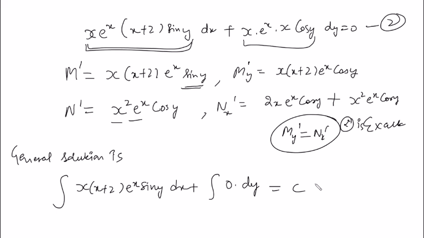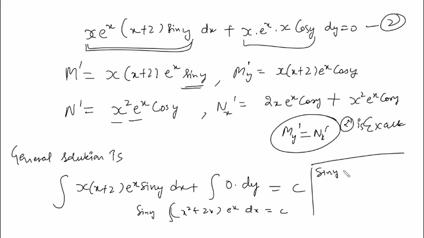Although cos y है, students गलती करते हैं cos y उठा लेते हैं. It's wrong there, right? Now just integrate this one. So it's a product of ये sin y तो constant बाहर ही आ जाएगा. So x square plus 2x e raised to power x dx is c. You have to use integrating by parts and you'll get the answer. I'm writing the final answer. You can verify that later. Because x square है तो दो बार ही integrating by parts आपको use करना पड़ेगा. I'm writing the final answer.